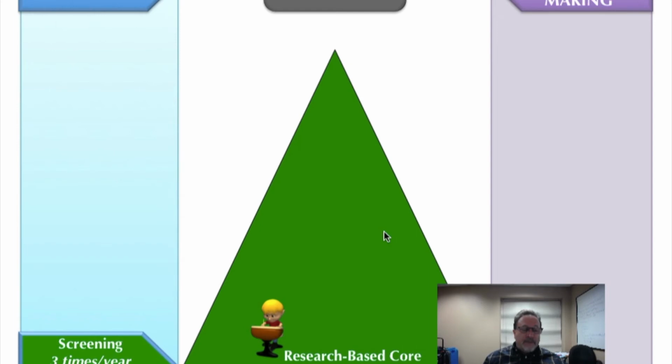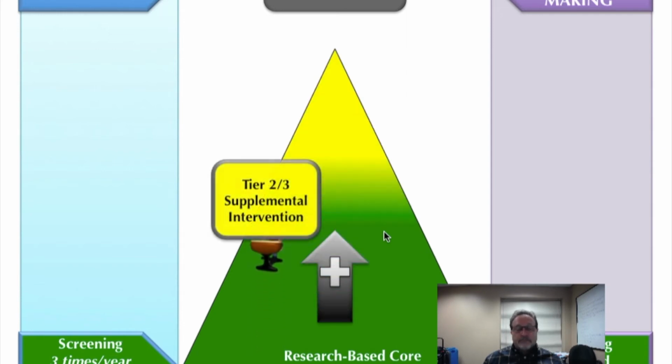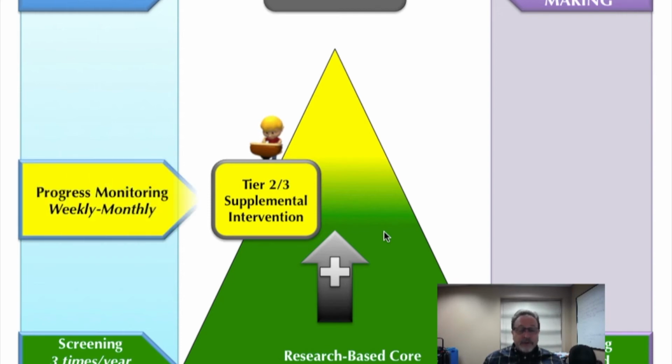We do the same thing with behavior. With behavior, and I believe I mentioned this before, you may look at that tier 1 screening level data on a monthly basis, depending on the needs in your school. As I mentioned, office discipline referrals, absences, and rating scale information can all be used at that screener level. Once you collect that information, it's reviewed academically 3 times a year, behaviorally often monthly, and you look at where those red flags pop up. Who are the students that need something more? Those students then move to tier 2 or 3 supplemental group interventions.